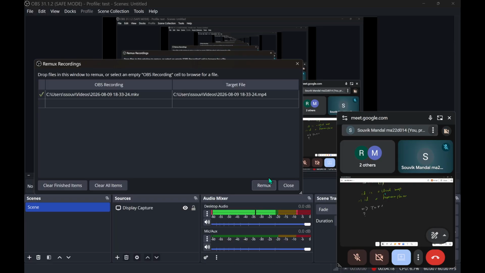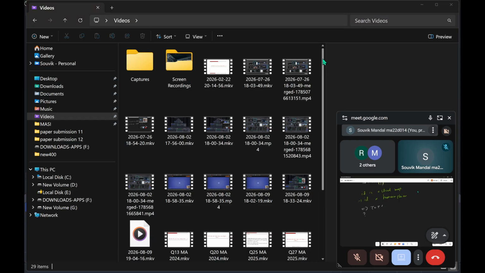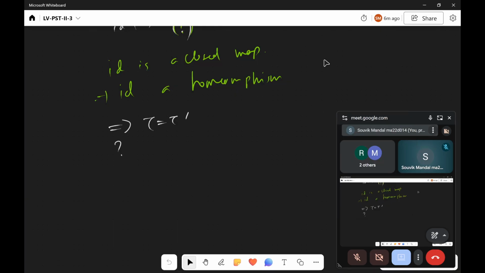Sir, as identity is a homeomorphism, we can write identity inverse is also continuous. Correct. Then identity inverse, it is from where to where? It is from X with tau to X with tau prime. It is continuous. Then